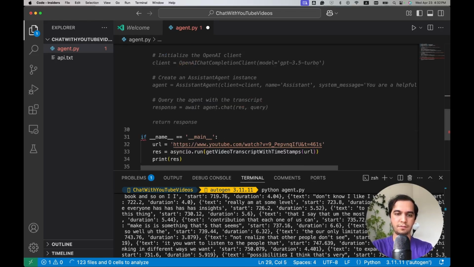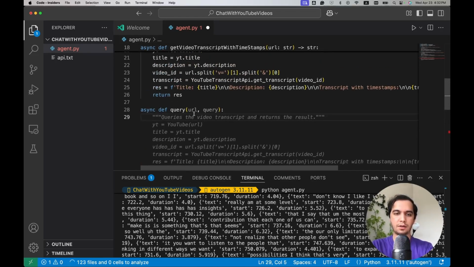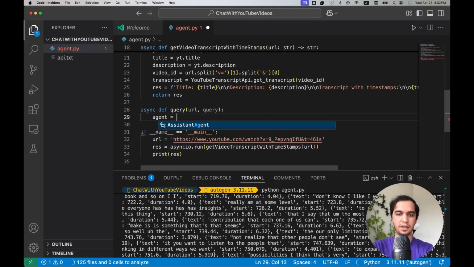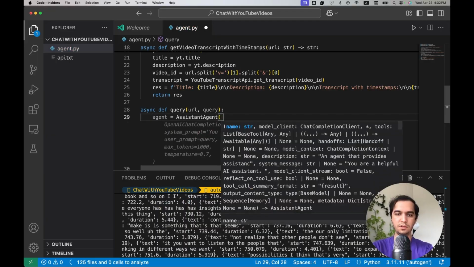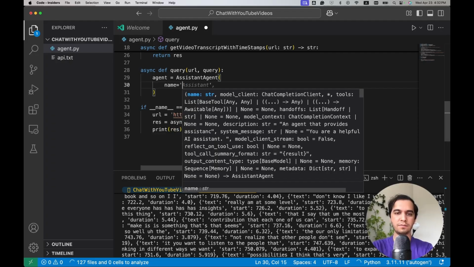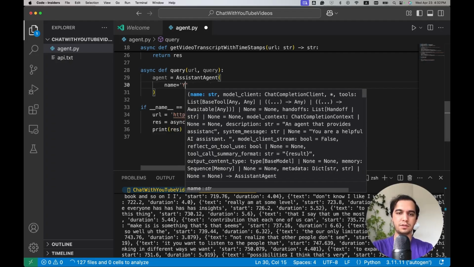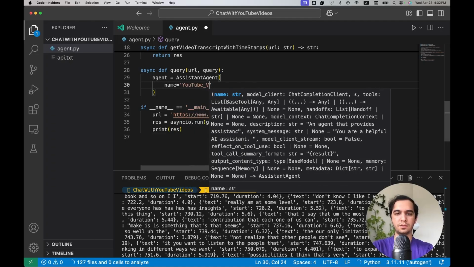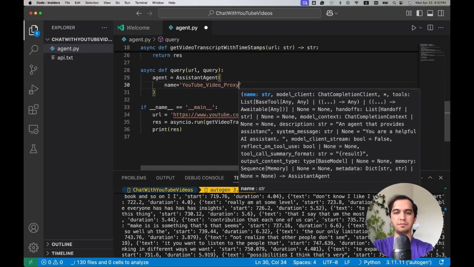And okay, so let's define the agent first. Agent equals an AssistantAgent, and we need to select a name for this agent. The name will be YouTube video proxy, for example,